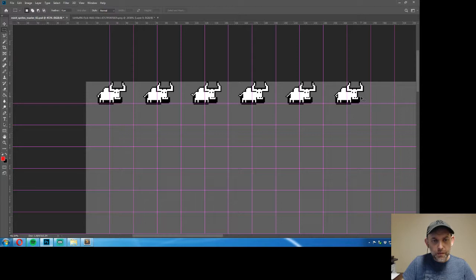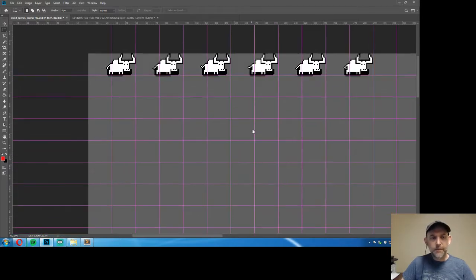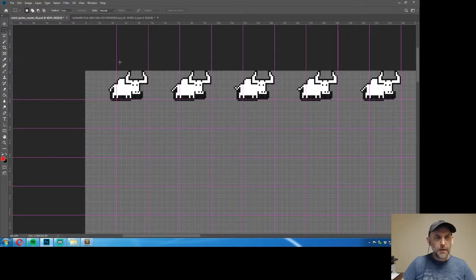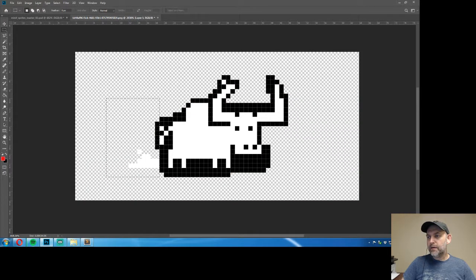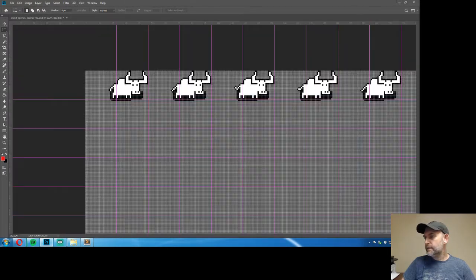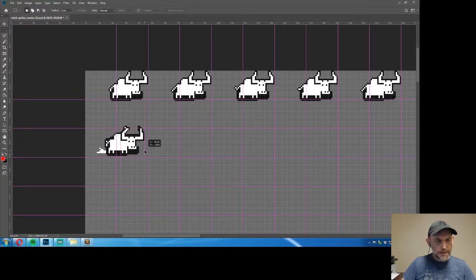Basically they should probably be aligned to that side of the sprite, and then that leaves space in the second sprite for the bull milk. So let me turn that layer off. I'm going to drag these guys across here. From what I see,